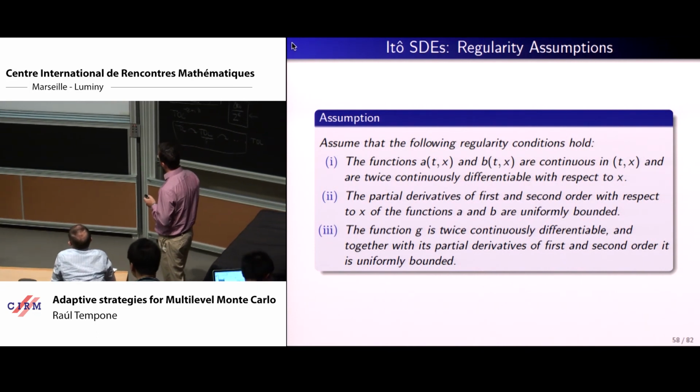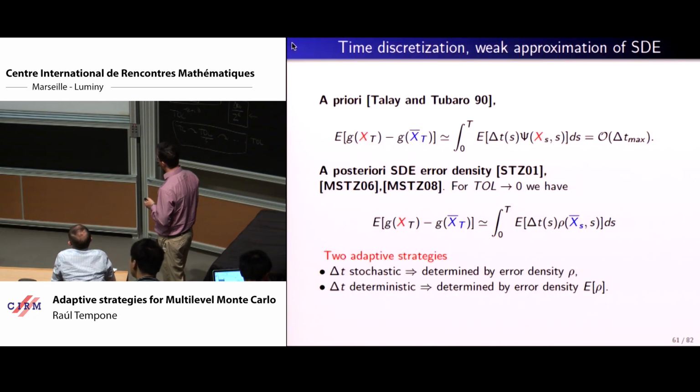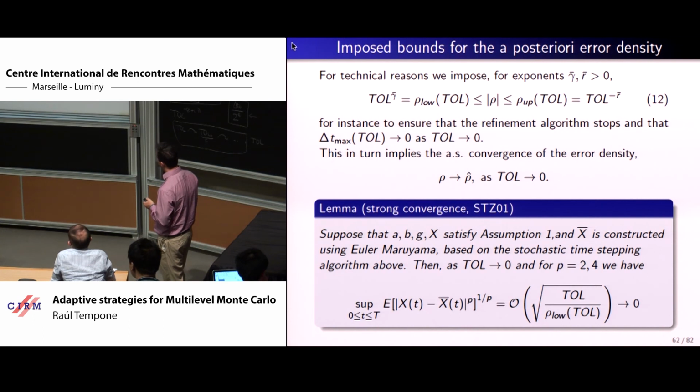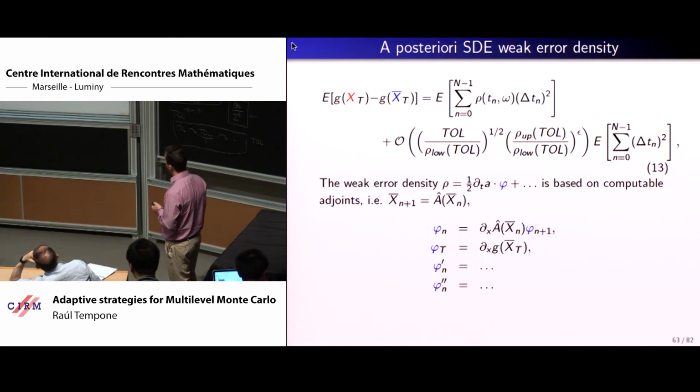Okay. So for Ito SDEs, I included in the slide some assumptions and some results with respect to the densities that I don't have time to comment on, but I'm going to share the slide. So if you have questions, you can come to me. Again, I emphasize here that these phi's actually depend on derivatives of the final solution with respect to initial conditions. So this is what really makes the method non-adapted to the natural filtration.